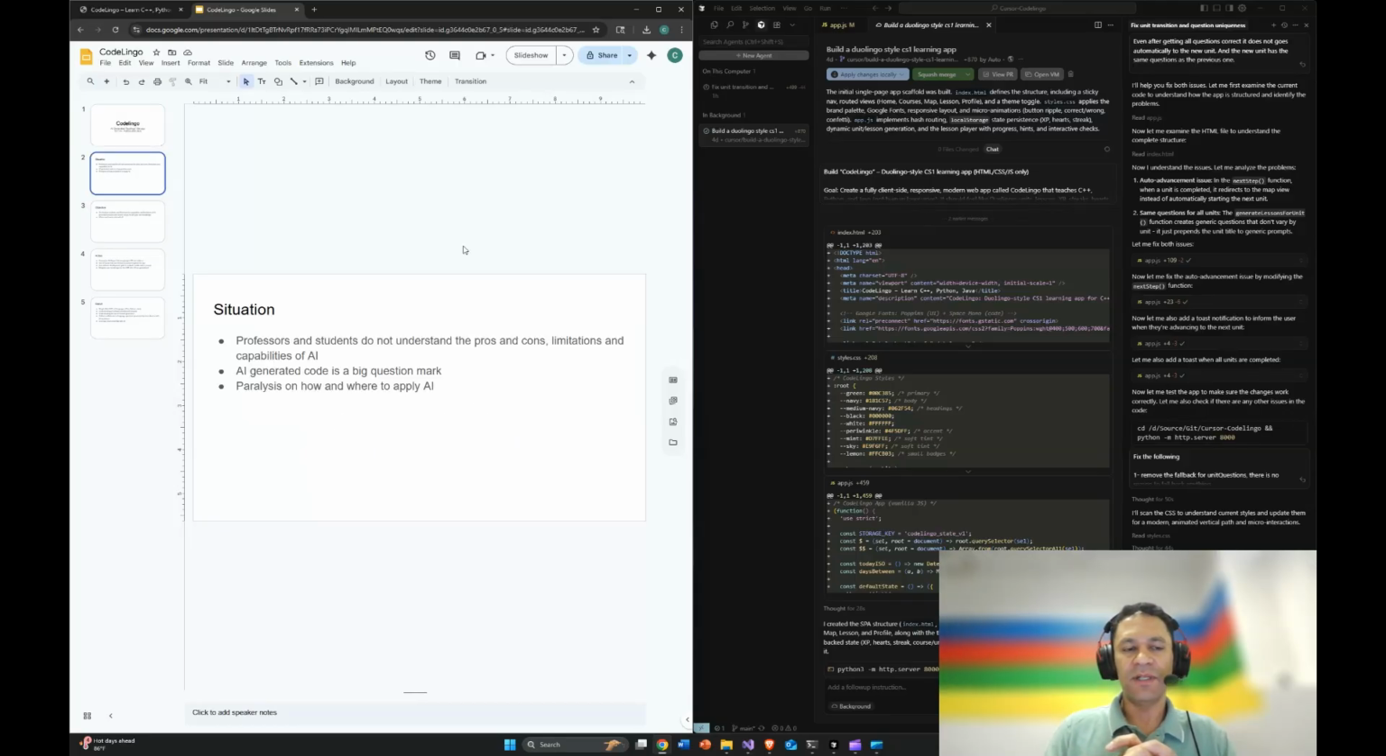And the situation that we currently have is professors and the students have this certain paralysis on how to approach AI. It's a very big question mark for them. They do not understand the pros and cons and the limitations and capability of AI and AI generated code. So they don't know where to start. There are a lot of questions, mainly on the educational side, academic integrity, and how to approach and merge those two together, AI and the students'